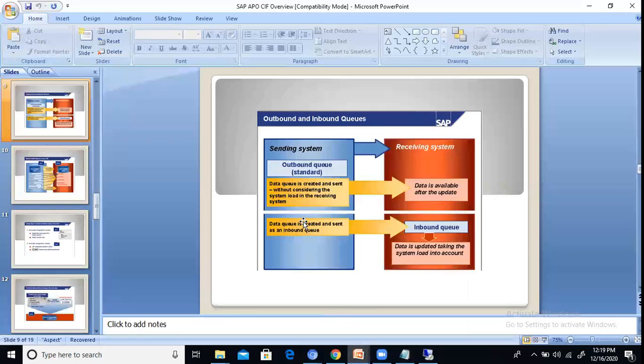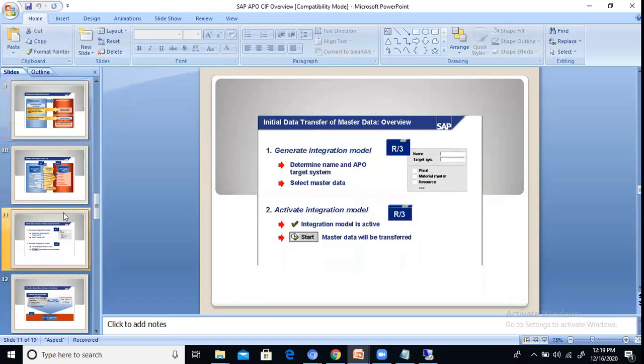See, sending system, receiving system. Outbound queue: the data queue is created and sent. The data queue is created and received as an inbound queue. Next,